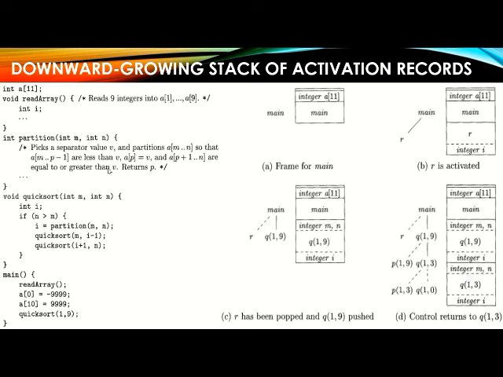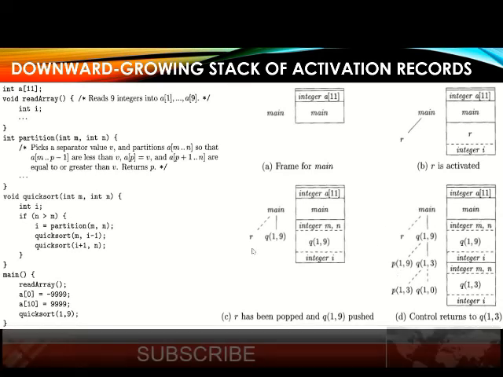After that we calculate the mid value and pass 1, 4, that is 5 minus 1, 4, to the partition function. Within this we again calculate the mid value, that is (1 plus 4) by 2, that is 3. So that's q(1,3). After that it creates some integer declaration. So this is the activation record for the partition function after returning q(1,3).